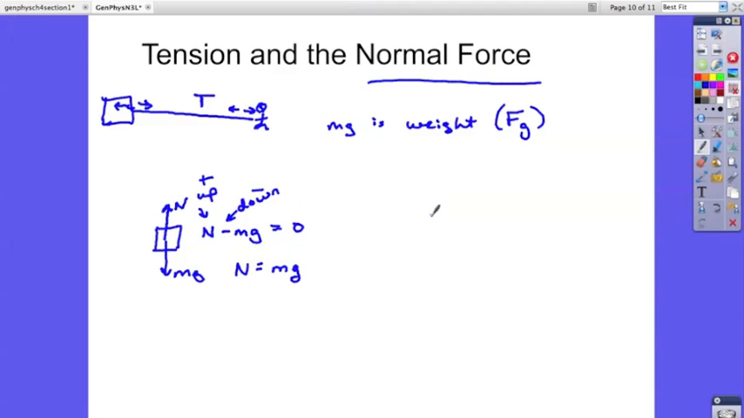Now the normal force can change. If you have a box and you, oops, I drew the hands wrong. Don't you love my artistic capabilities? You push down on the box. Then you're going to increase the normal force. Now if we look at the